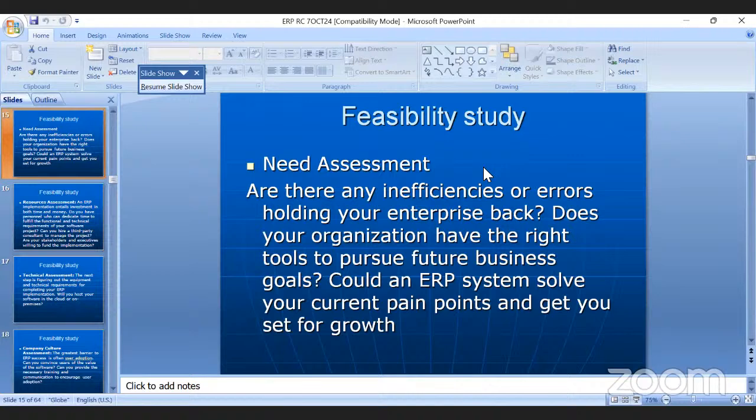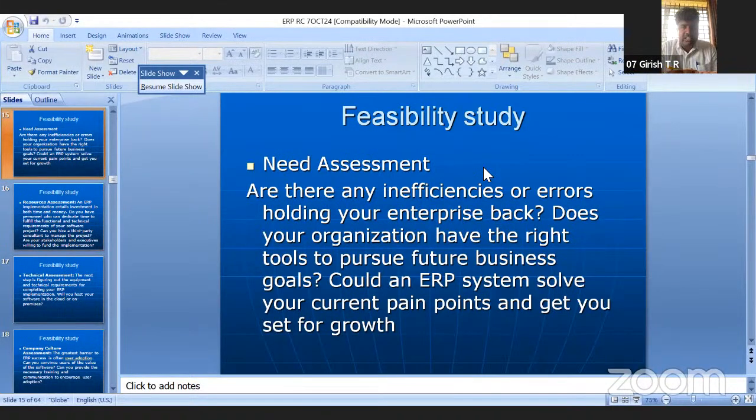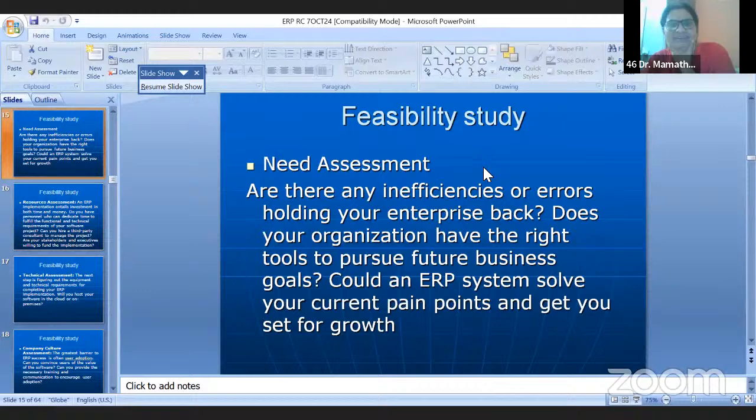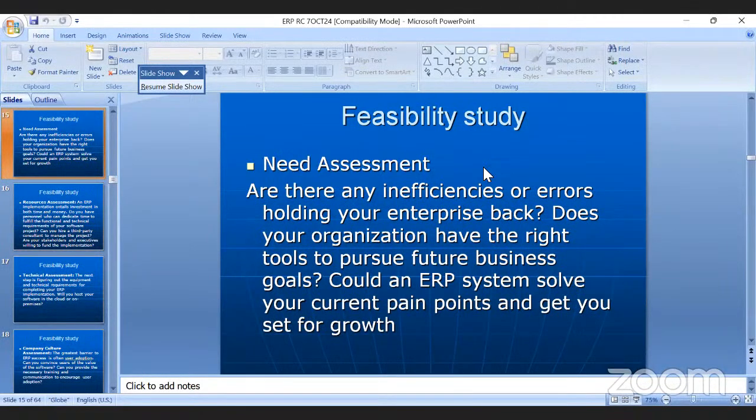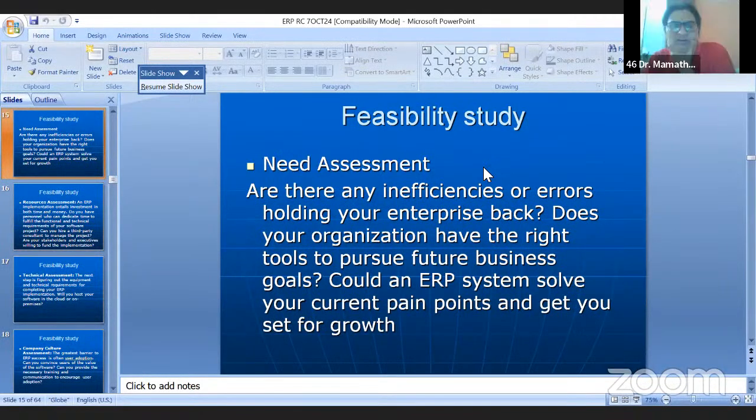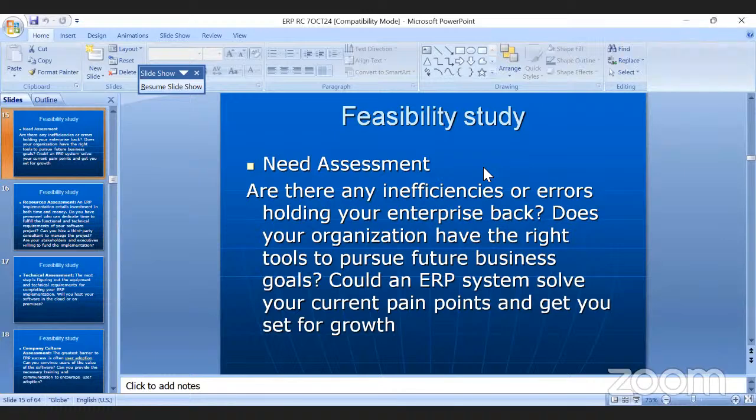What is feasibility? Is it regarding the technical side? Yeah, whether it is practically implementable or not. Yes, whether it is practically viable. Can we do it? We cannot dream of something which is impossible or not practically viable. So whether it is feasible or not for our organization, someone is doing it somewhere, and can we do it? If we are doing it, do we have all the requirements? If yes, then we go ahead.